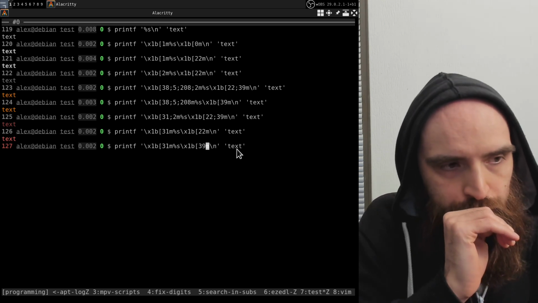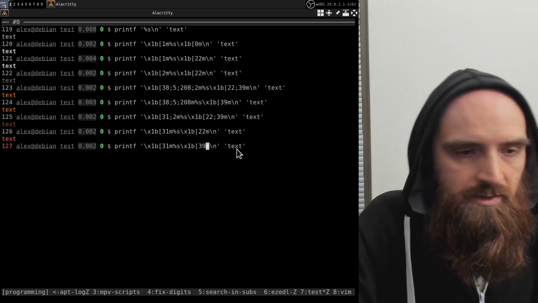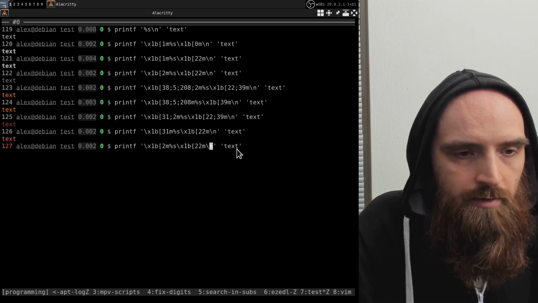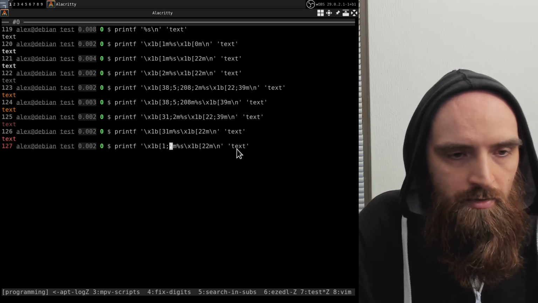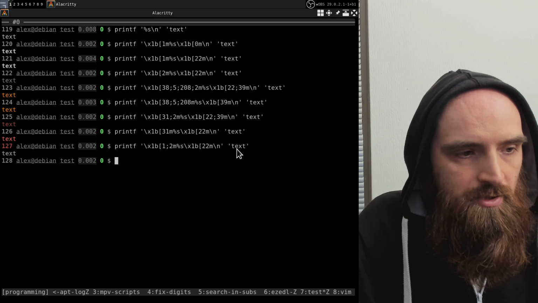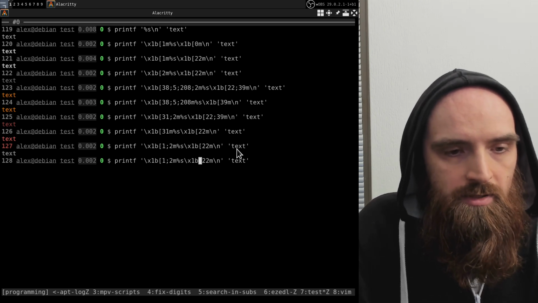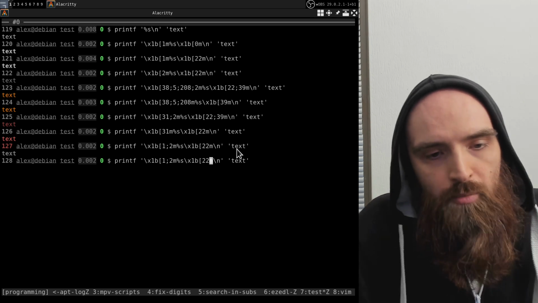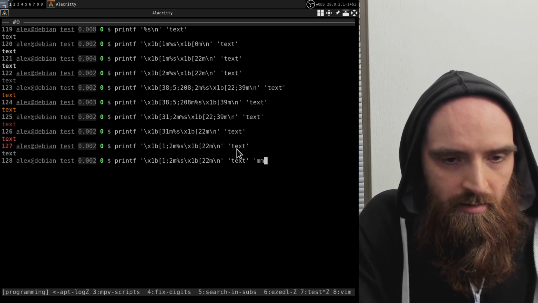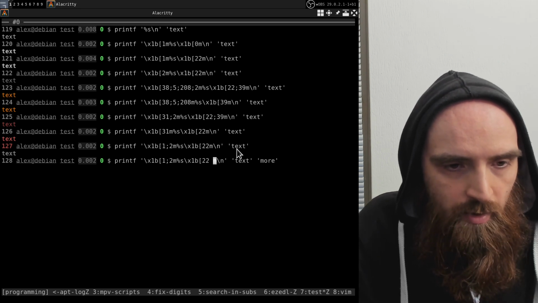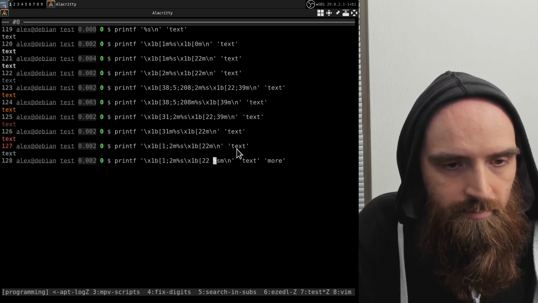So, back to the bold and dim together. If I use both 1 and 2, 22 resets both of them. So this is bold and dim, and it's reset at the end by this 22. So if I had more text here, and let's say I wanted to print that as well, so %s here,